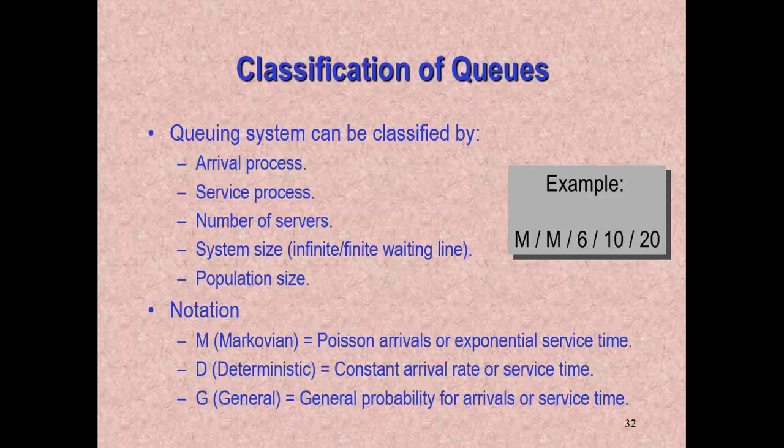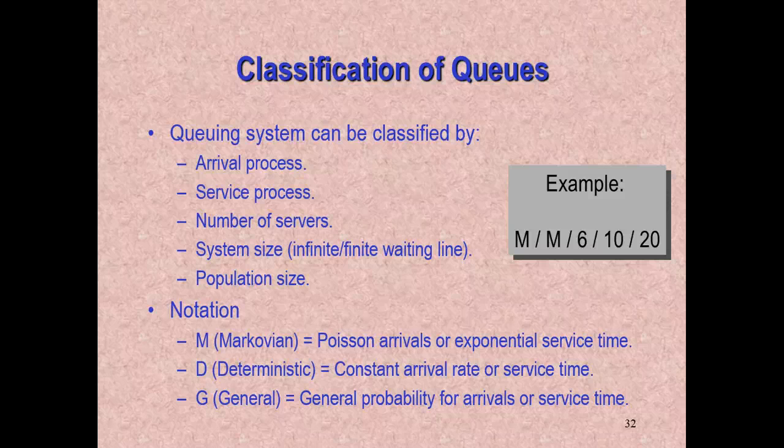Okay. The first space is the arrival pattern. Okay, so if things are arriving according to a deterministic pattern, we put a D there, right? So a D means deterministic. If things are arriving according to a general distribution, we put a G here. But more often than not, things arrive to a queue according to a Poisson process, and we use an M for Markovian. Okay, so if things are arriving according to a Poisson process, that first classification is M.